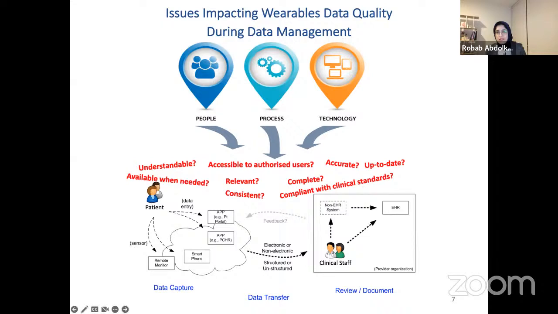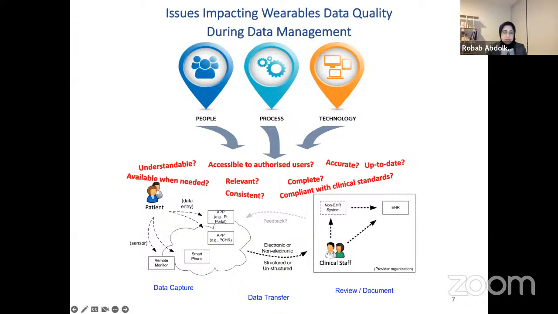And why do we still not have any guidelines that specifically talk about PGHD quality, if one day we would consider this data as an important source for patient care? Whereas we have established data quality management guidelines used within healthcare settings for clinical data. So in this project, I intended to understand first how data are managed in remote monitoring, how the quality is monitored during data management, and what socio-technical issues might impact them. And through this, we came up with a guideline for 7 aspects of data quality.